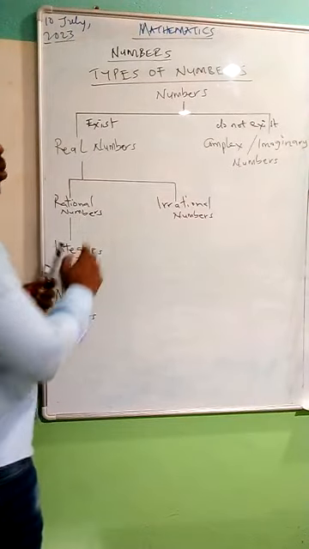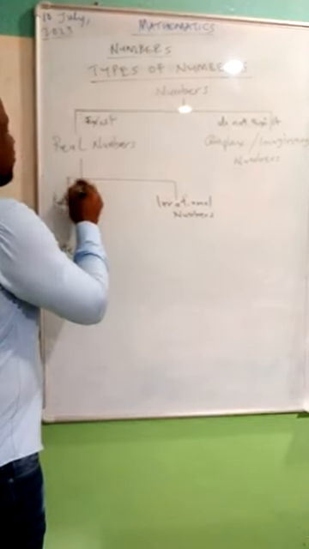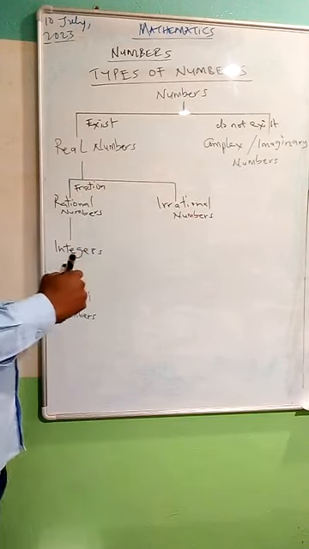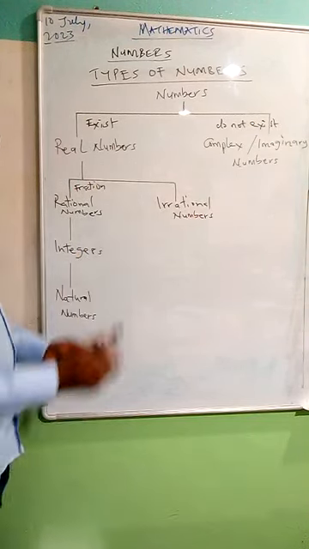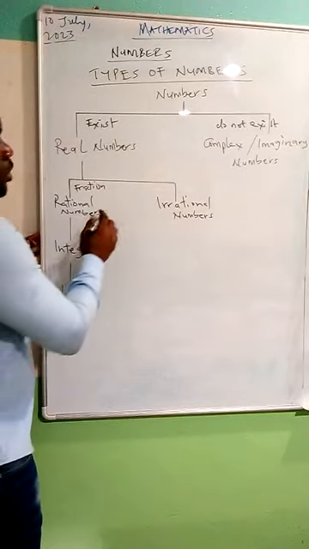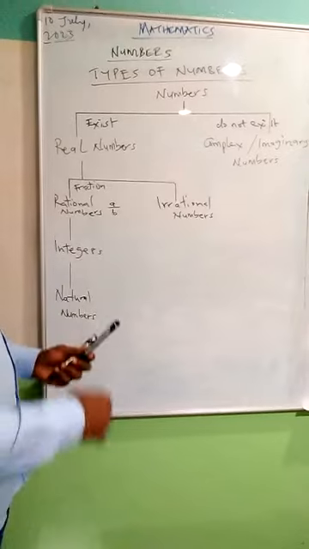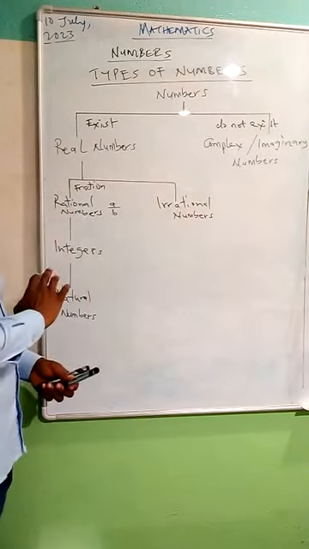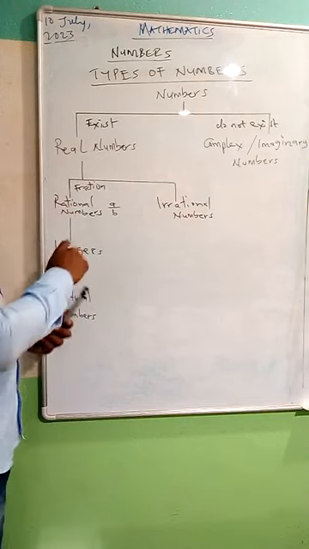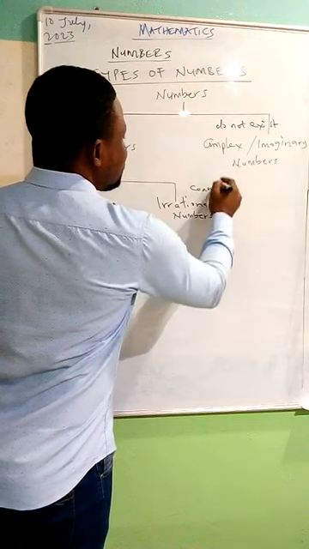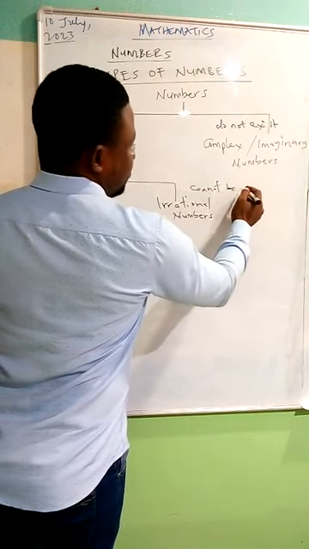Then for rational numbers, any number you can write as a fraction, where the numerator is a whole number and the denominator is a whole number, you have a rational number. You can write it as A over B, where A is a whole number and B is a whole number. As long as you can write the number as a fraction, it is a rational number. If you cannot write the number as a fraction,